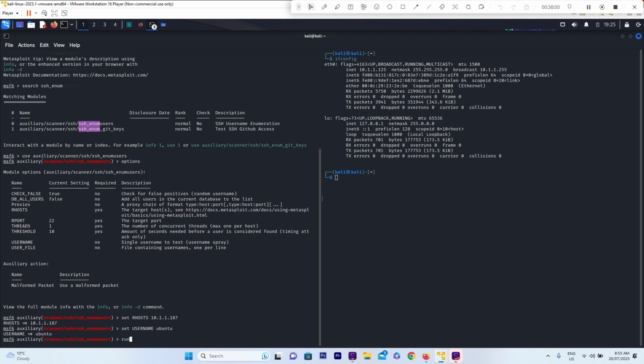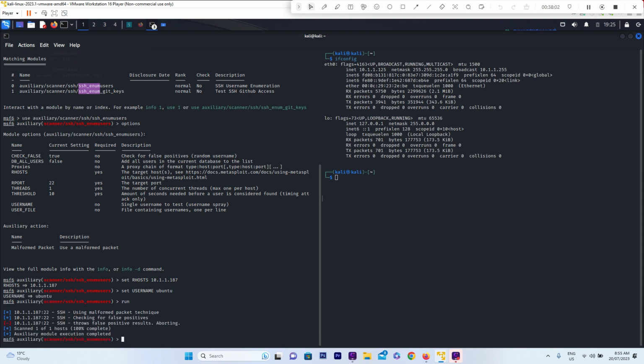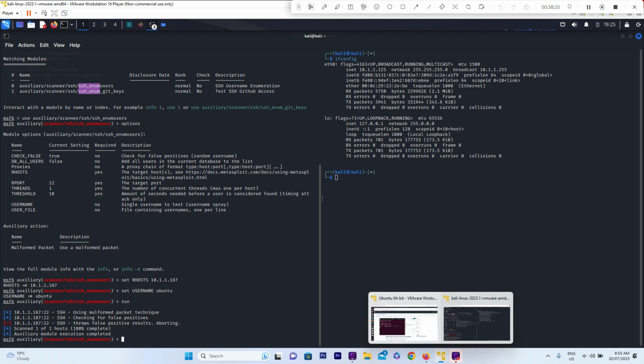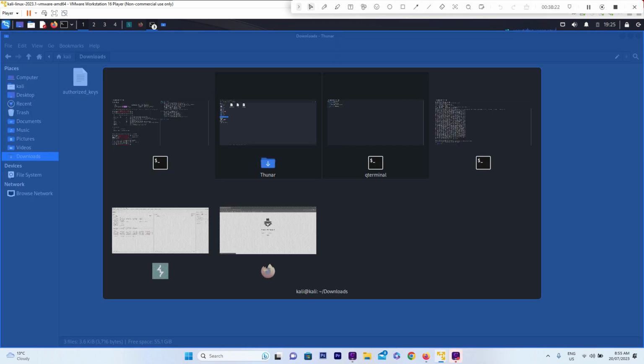So I'm just going to run this, and it looks like we're getting false positives, so I can't actually identify it. If the target was running a vulnerable version of SSH, maybe that might work, but yeah, it's going to be a bit of trial and error, I reckon. But as for the demonstration,